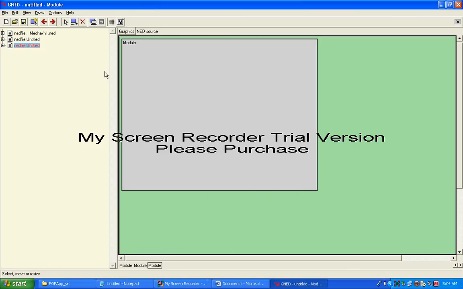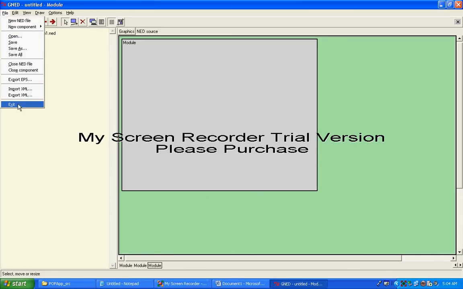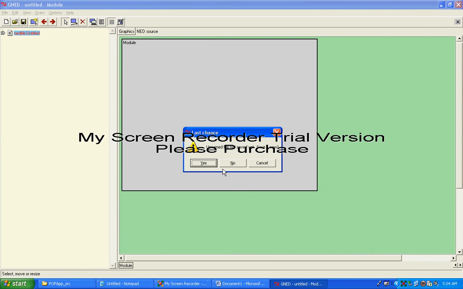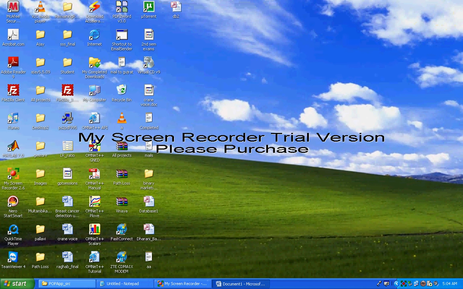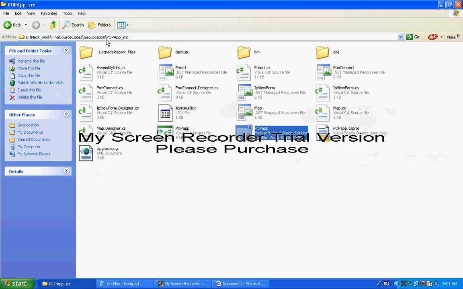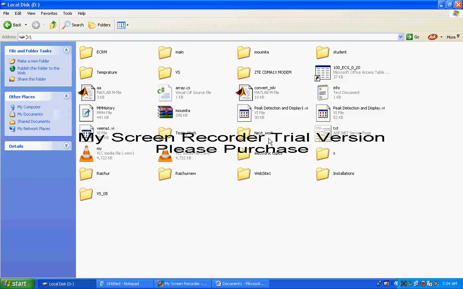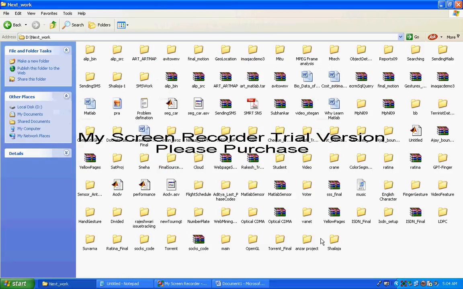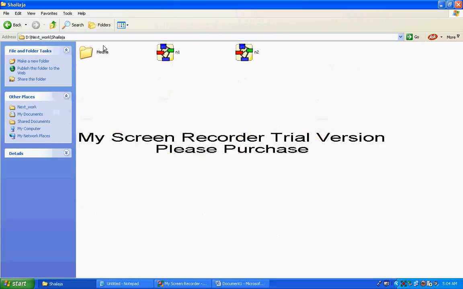When you want to refer to your network definition, directly you can go inside the directory. You can open this file. It is going to show you the network definition file. This is how you can create